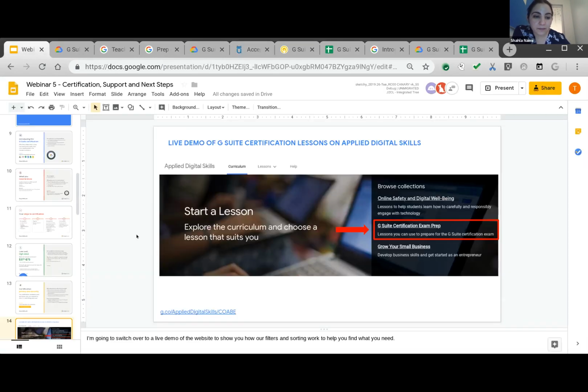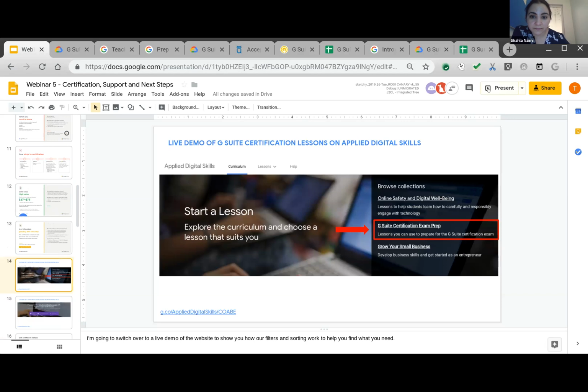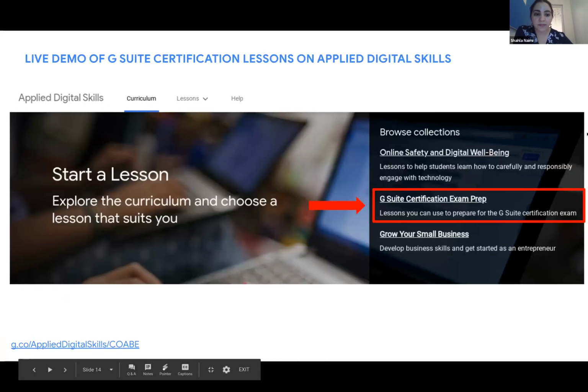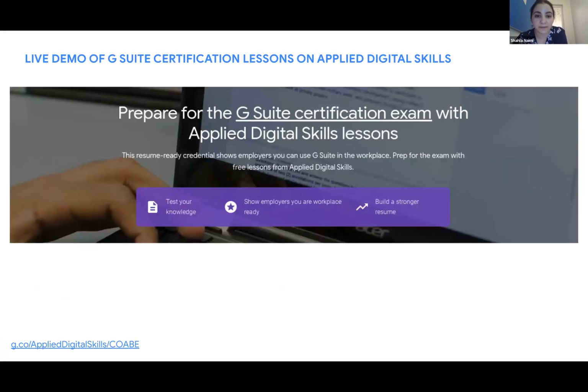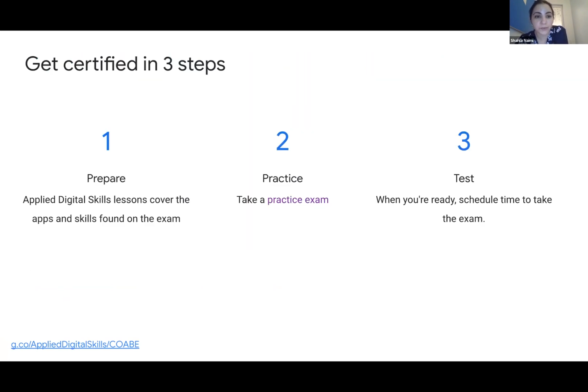All right. So with that in mind, I'm going to go back to my presentation. So as I mentioned, if you want to prepare your students for the exam, you just go to the Applied Digital Skills website. You go to the curriculum page and check out the exam prep subpage, and that will show you that you can prepare with a few different resources like the practice exam and exam guide and the 11 lessons on essentially how to use G Suite in the workplace that prepare those students for those exams, and follow the exam guide very closely. And then whenever you're ready for it, your students could go ahead and schedule time to take the exam.